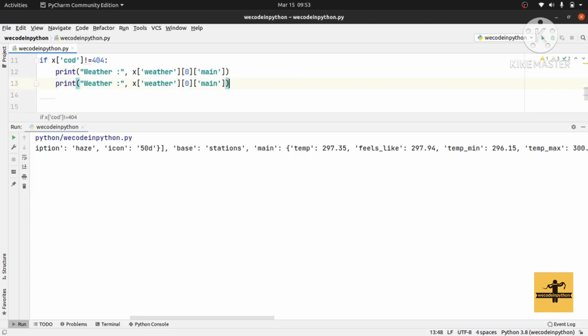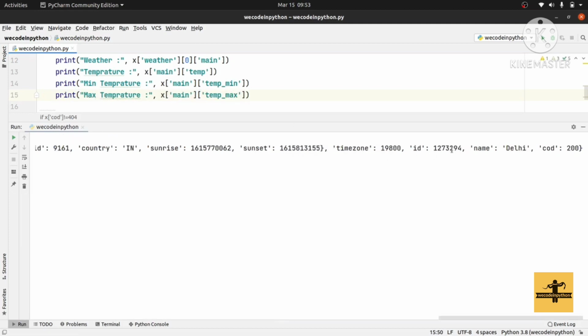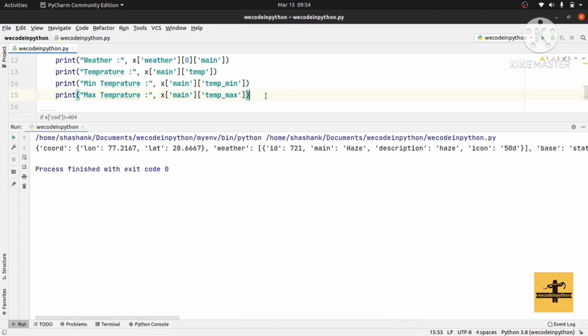This temperature is in Kelvin. You can convert it into Fahrenheit and Celsius according to your project. We can get the maximum and minimum temperature from these keys, temp_min and temp_max, or you can use all this data according to what you want to add in your project, and else write print city not found.